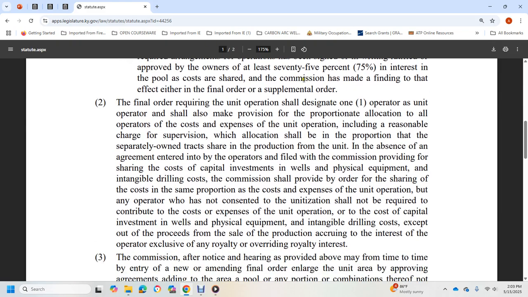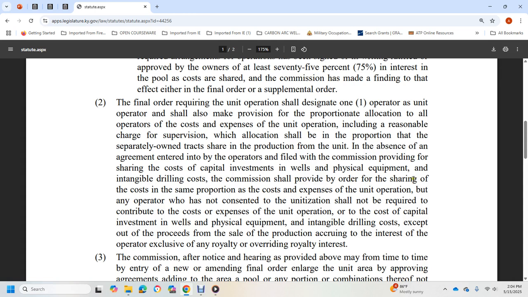The final order requiring the operation shall designate one operator of the unit and shall also make a provision for proportional allocation of operators' costs and expense of the unit operation, including a reasonable charge for supervision. Allocation shall be proportionate among separately owned tracts over the production from the unit. In the absence of an agreement entered into by the operator and filed with the Commission, providing for the sharing of the cost of the capital investment in the well, physical equipment, and the intangible drilling cost,